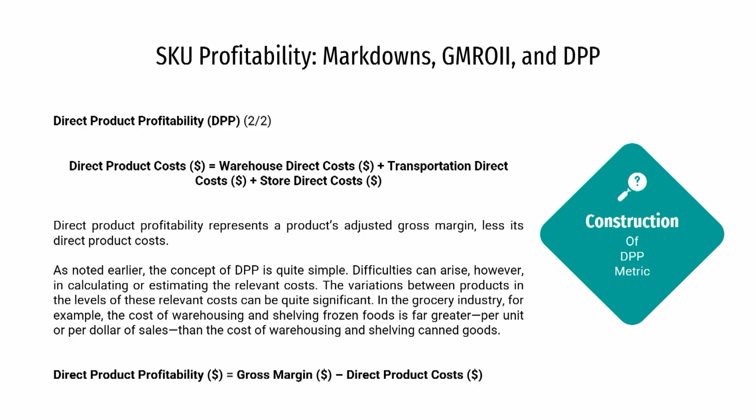So, in the grocery industry, the cost of warehousing and shelving frozen goods is far greater per unit or per dollar of sales than the cost of warehousing or shelving canned goods. So, the costing has to be different in different contexts, in different industries. So, if I have to ultimately derive an equation for direct product profitability, it is gross margin minus direct product